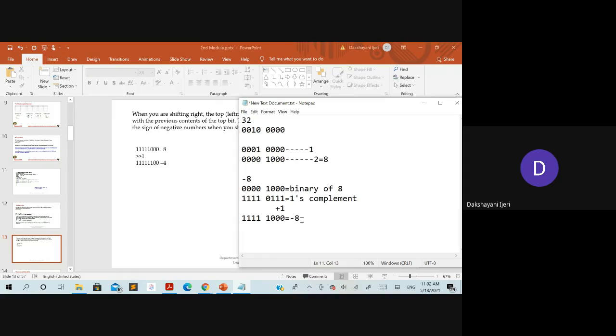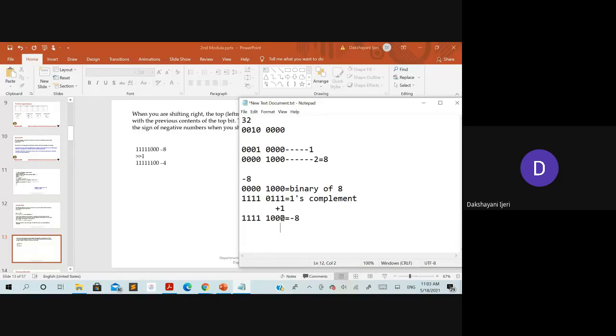Right. So to this, what is done in this example is one right shifting has been done here, right? So one bit needs to be moved over there. So what will be the resultant after that? Can you tell me what will be the resultant if you do the one right shifting over there?